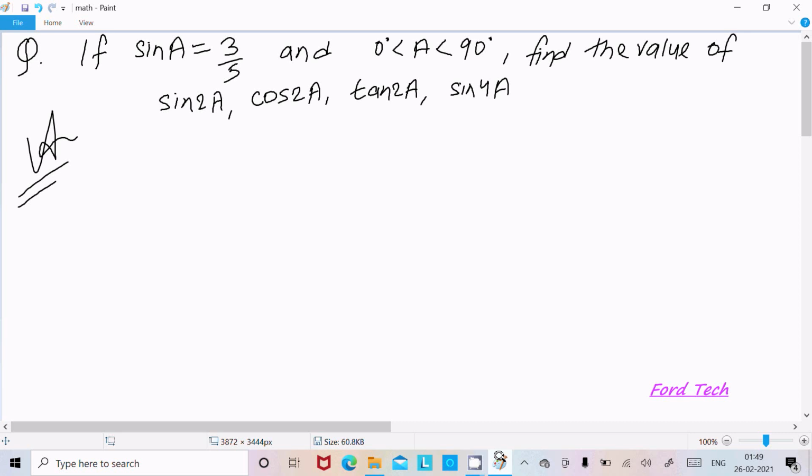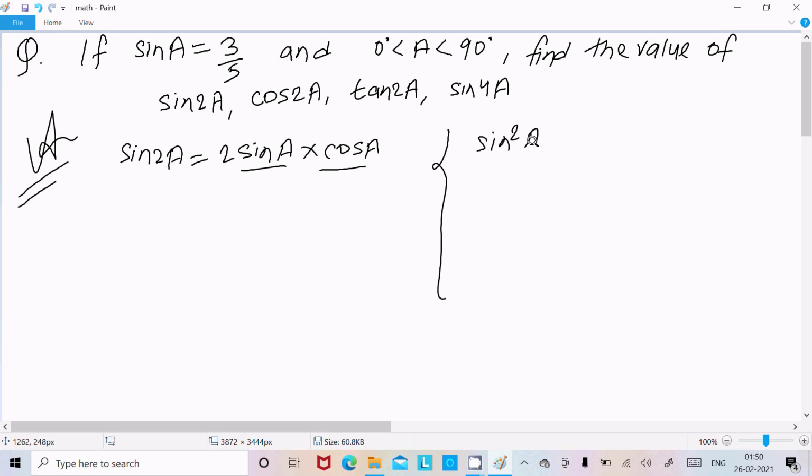So first thing about the sin 2A. Here the formula is 2 sin A into cos A. And here sin A is already given. We need to calculate cos A. So here we already know,